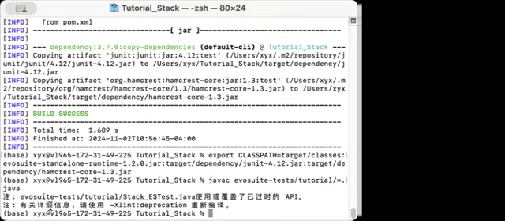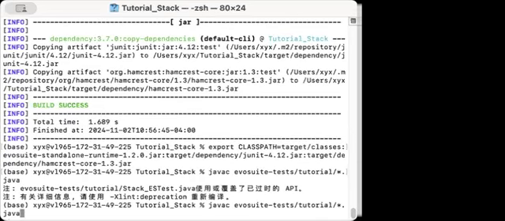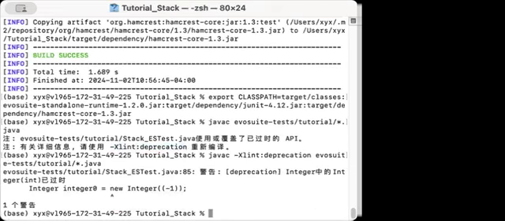And now we see something is outdated, so we use -Xlint:deprecation and just copy it. Okay, and it's only one warning. I think it's okay. Should be okay. Let's try to run the test